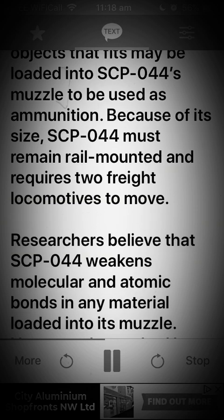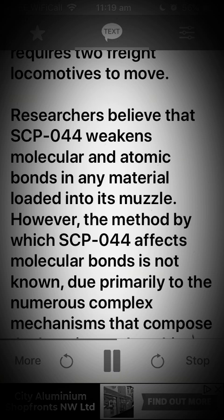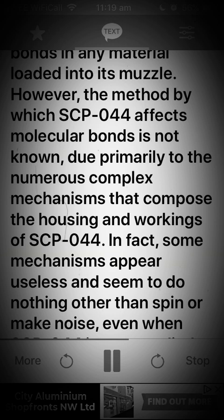Because of its size, SCP-044 must remain rail-mounted and requires 2 freight locomotives to move. Researchers believe that SCP-044 weakens molecular and atomic bonds in any material loaded into its muzzle. However, the method by which SCP-044 affects molecular bonds is not known, due primarily to the numerous complex mechanisms that compose the housing and workings of